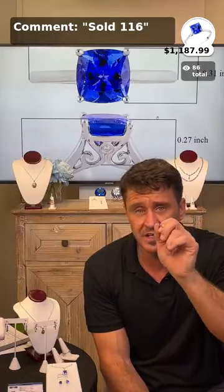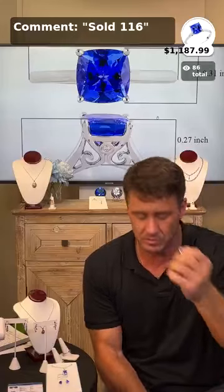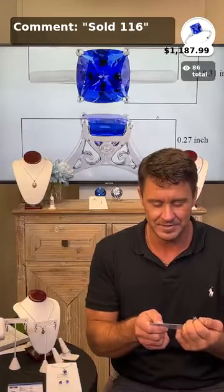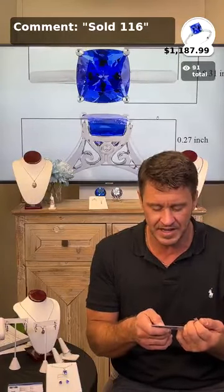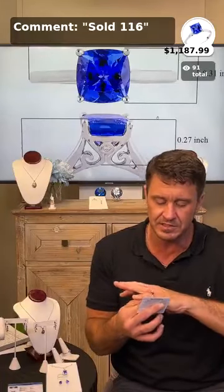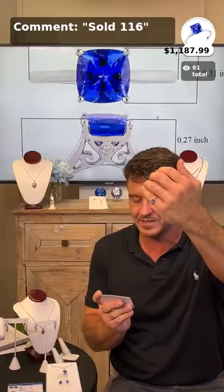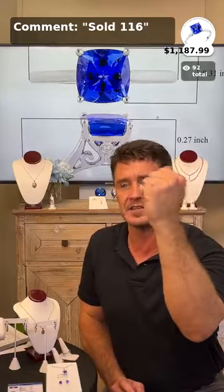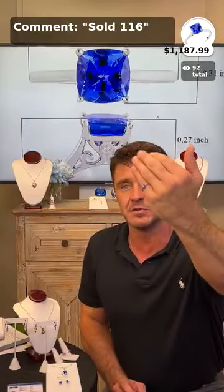You can get over a carat. We're over a carat and a half on this. Probably going to be about a carat 72, I'd say, minimum. Oh, well, actually, it says it right here. Forgive me. Yep, carat 72. Man, that's good. 7x7 quad A, eye clean, excellent. The cutting sensational. It's the perfect size. It's not too big. It's not too small. You want that elegant, that classic look. You've got VS diamonds, just the 0.3 in the accenting. Look, when you have a stone like this,